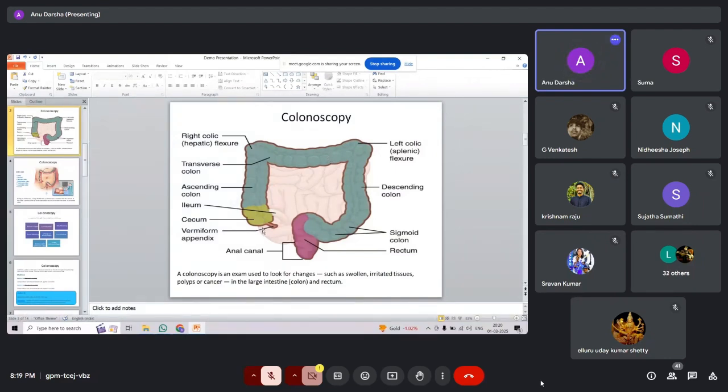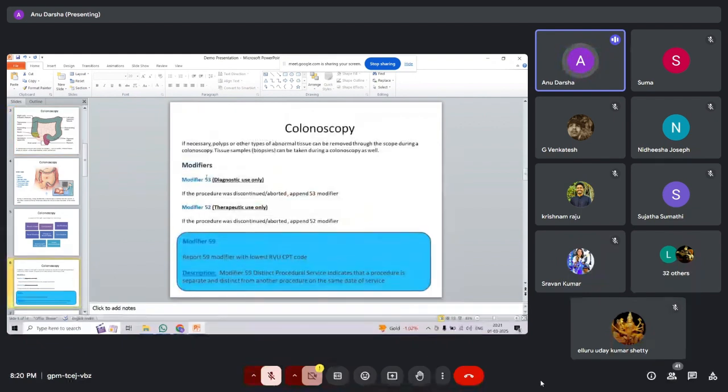because to bill it as a complete colonoscopy, it has to reach the cecum. But because of this obstruction, this has not reached this area. So what we can do is append a modifier on this case. You can use the CPT for colonoscopy only, but you have to use modifiers. Okay, so we have two modifiers, one is 53 and one is 52. Accordingly, 53 can be used on a diagnostic procedure and 52 you have to use